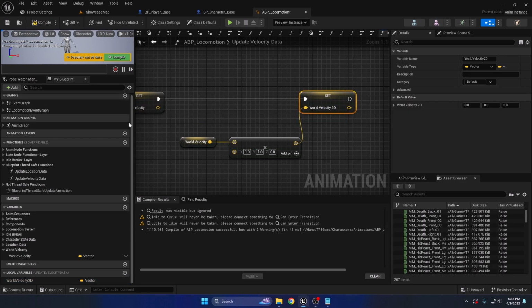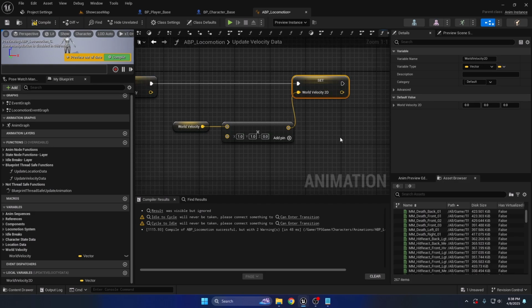And now we have the world velocity. So there we have to calculate the local velocity of the character. In order to do that, we actually need to know about the world rotation of this character as well. So I think we need to calculate the rotation in a different instance